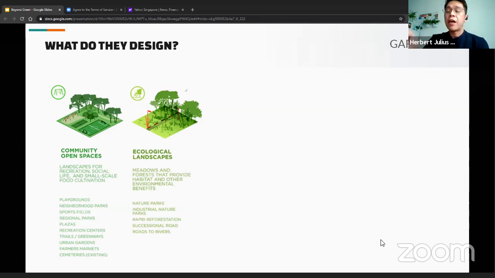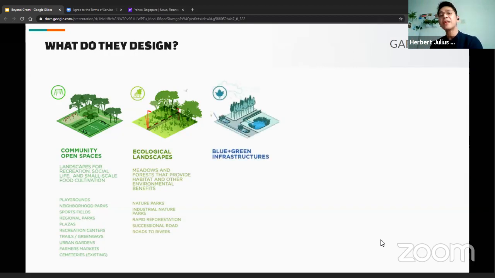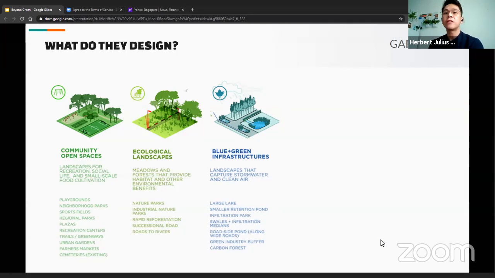So everything that encompasses ecology and ecosystem. And then beyond the green, we lead into the blue and the green infrastructure. These are all your water bodies. We also look into how we preserve, conserve, and work with the waterways within the space that we're designing.